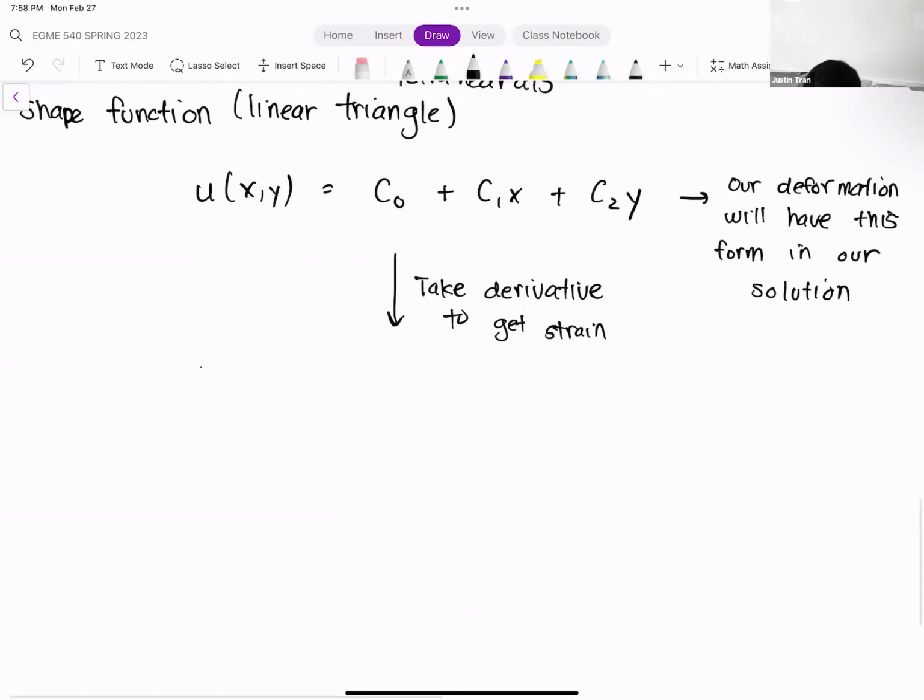So we have du dx. We have du dy. These are pretty straightforward to compute because x and y only show up once. And so we take the derivative with respect to x, we get c1. We take the derivative with respect to y, we get c2.